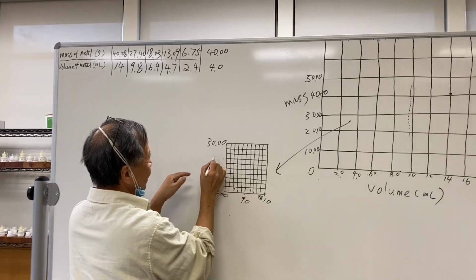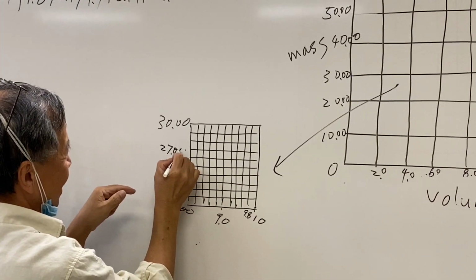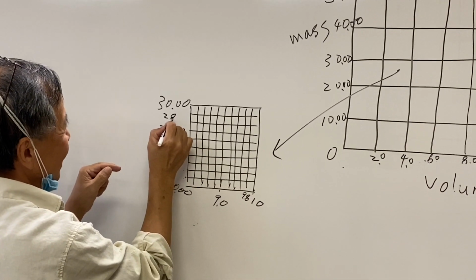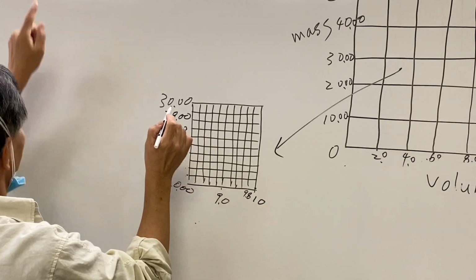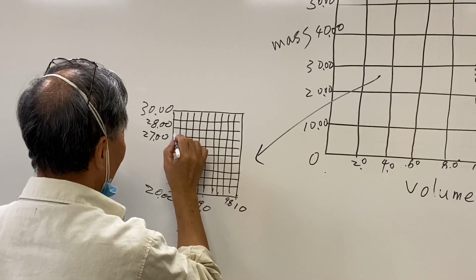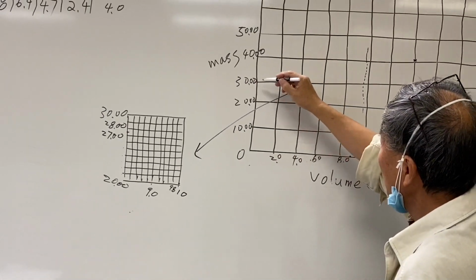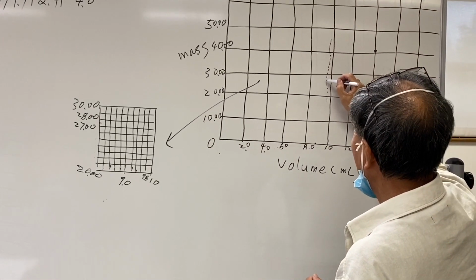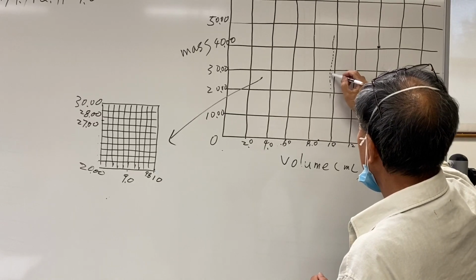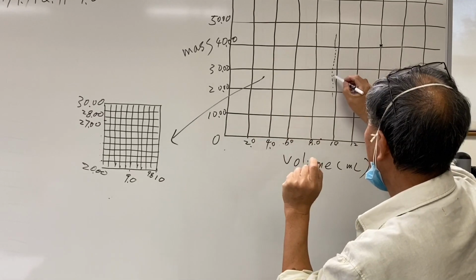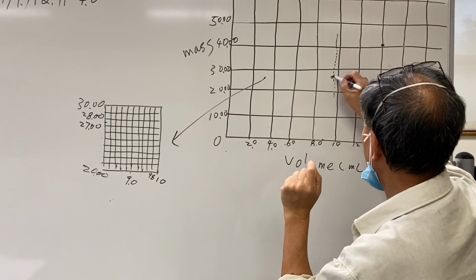Past 20, this is the 27.00. This one's the 28.00. So we'll be somewhere right here, below 5. All right, so 27, that's right. Yeah, right here. All right, so